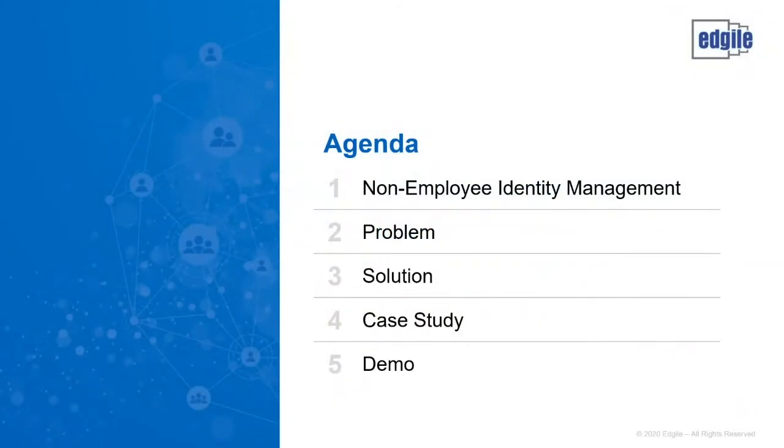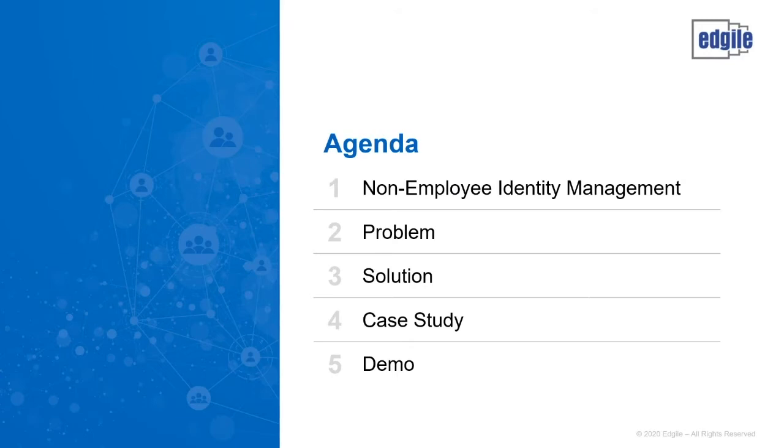Our agenda is pretty straightforward today. First, we're going to find out more about who the non-employee workforce is and the identity governance and administration functions that we need to perform for them. Then we're going to dig into the unique problem space that non-employees present as compared to employees. And of course, we're going to talk about how we approach and solve the problem. Next, we will talk through a case study from one of our clients, and we'll illustrate some of the challenges that they were having and how they're going about managing non-employee access now. And then finally, we get the benefit of having a live demo of the solution, which should be great.